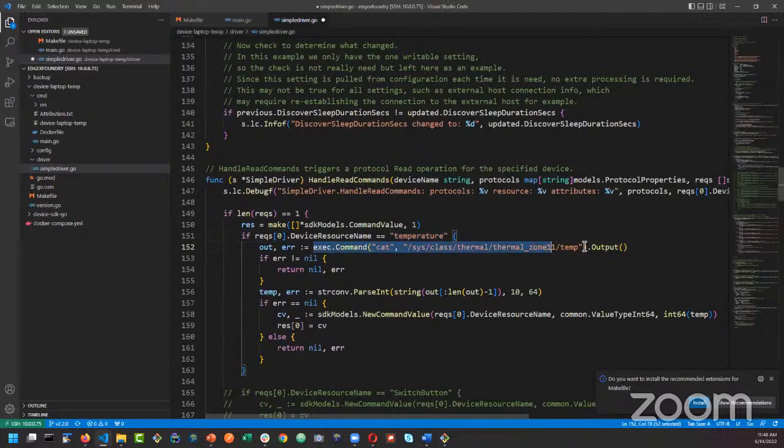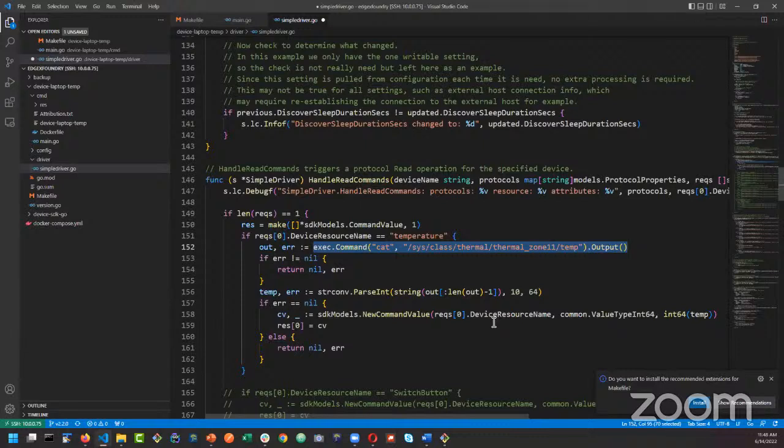This is an execution of a Linux command to actually get that data off of my laptop. Here's where things get sticky. Here's where things get to be very precise in terms of your communication with your sensor device. I can't tell you how to communicate with your sensor device. I'm just showing an example of how to communicate, in this case, with my laptop to get that data. Here's where your libraries and your protocol code have to come and play to communicate with your sensor or device